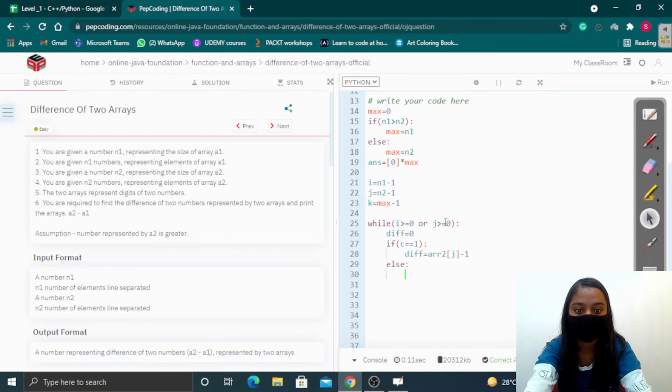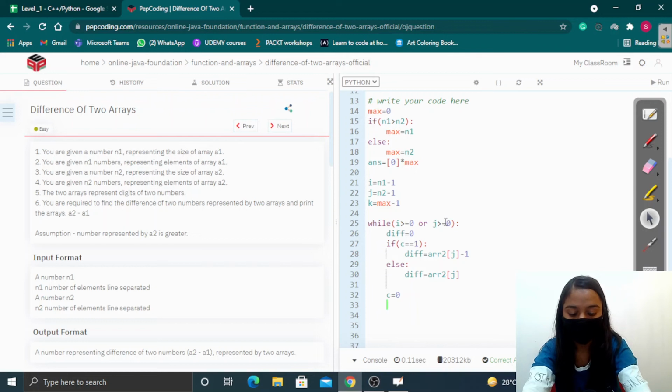In the else case, if we have not taken any carry, then we will simply put that number in our difference. Okay. Now after handling the carry, we are going to make our carry as 0.